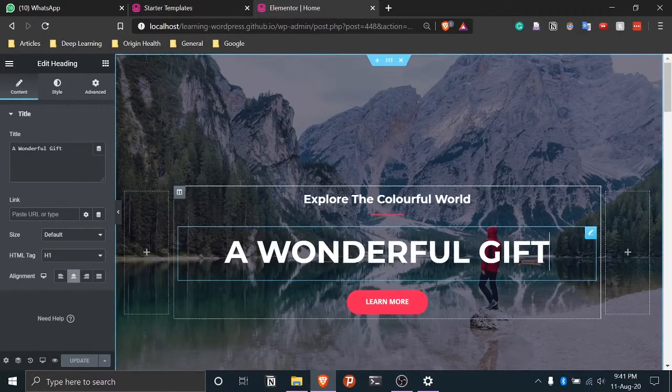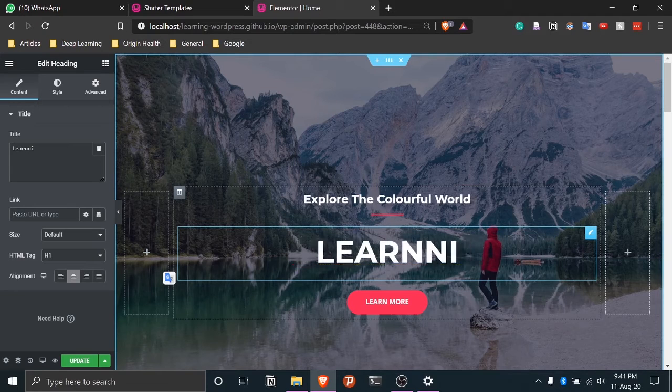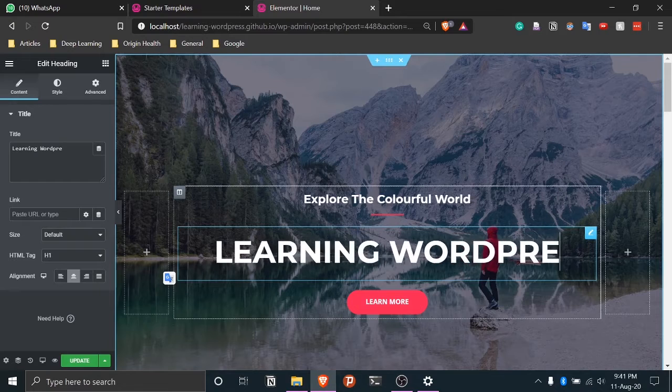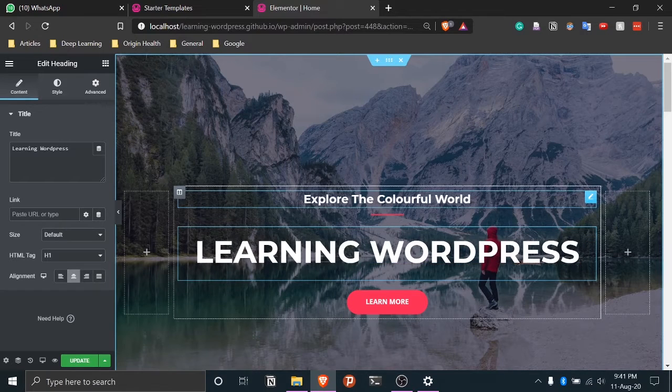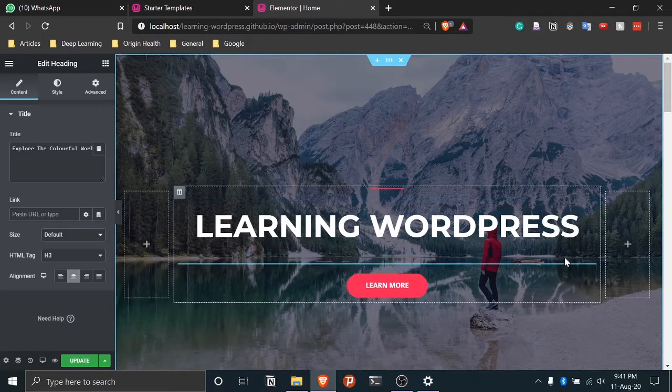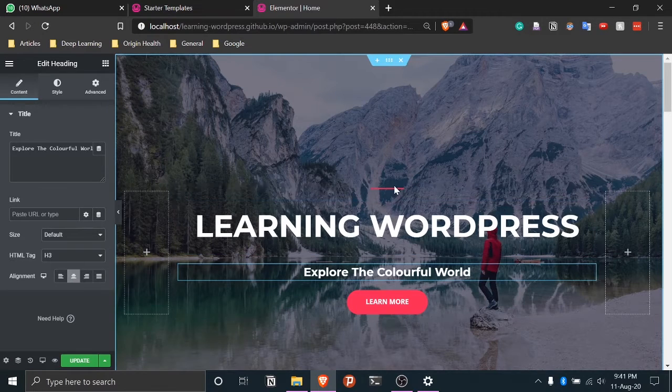So let's say I want to edit this text here. I want this to be something else. Like let's take the website name itself. Put learning WordPress, okay? And I don't like this text here. Let's say I don't want this text here, or I want to place it somewhere else. So I can do that by just dragging and placing it here. So yeah, I like this. Okay,